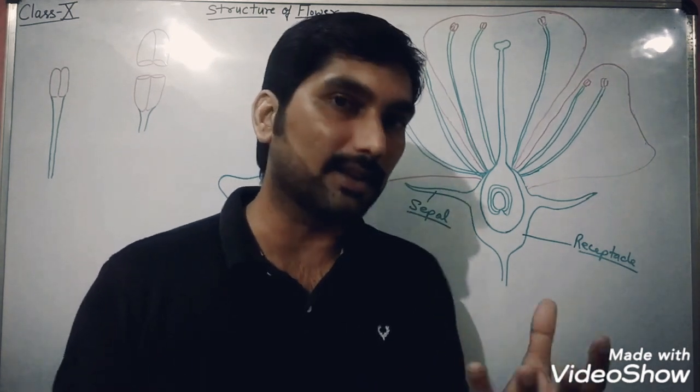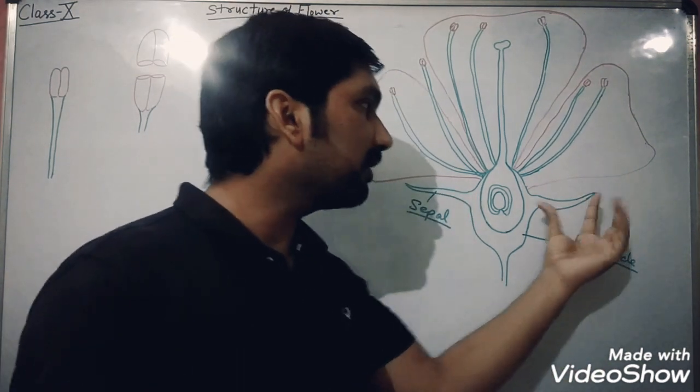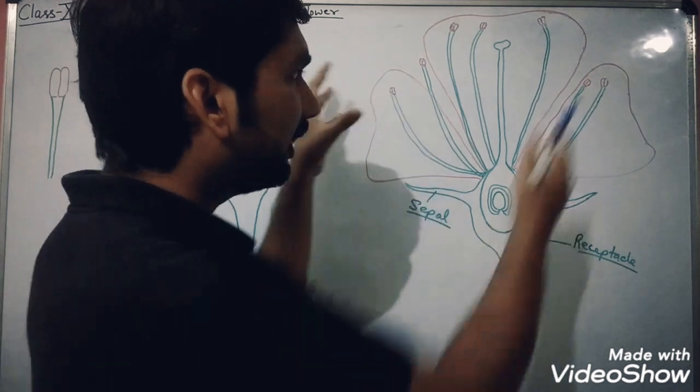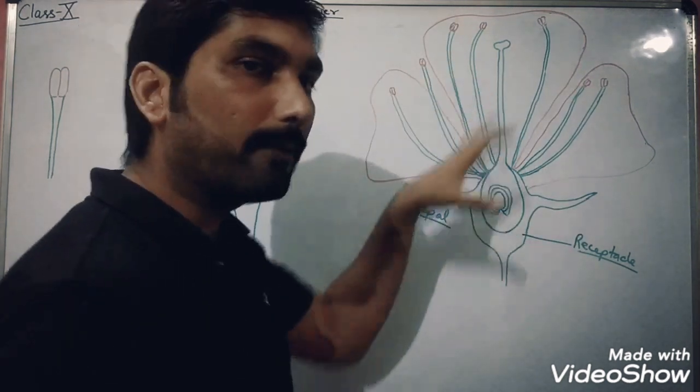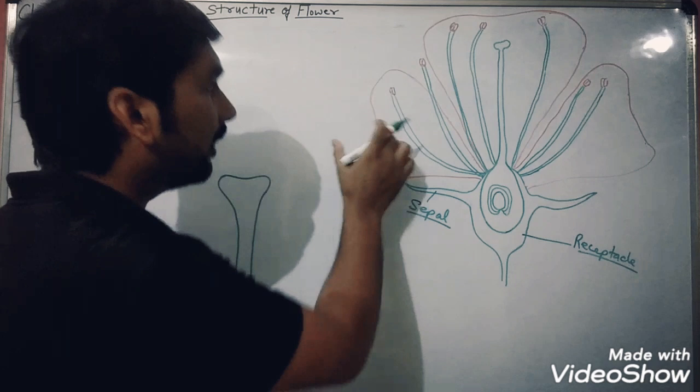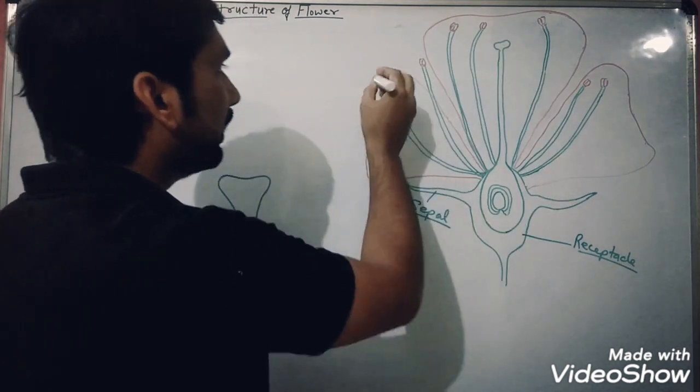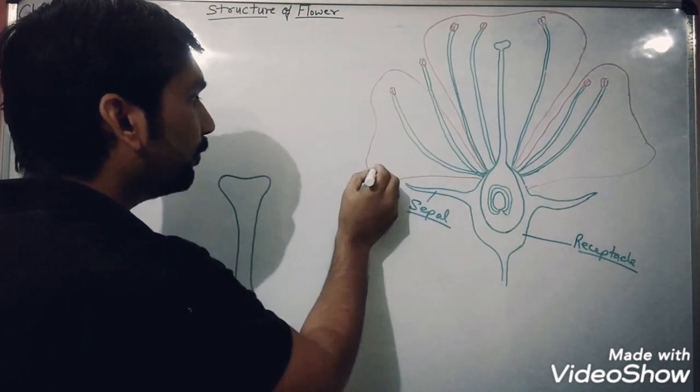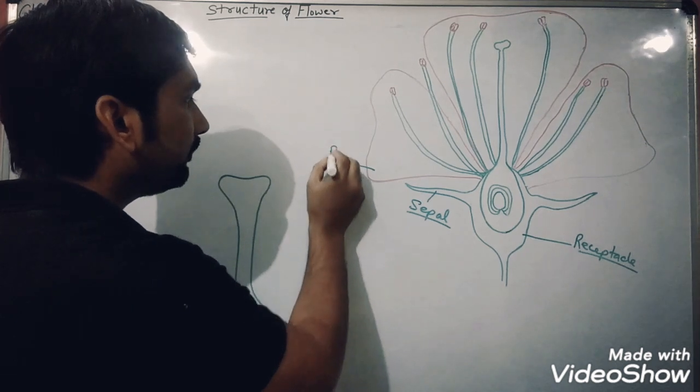So these sepals are the green structures present in the flower, and their function is to protect the flower during the bud condition, because these are hard structures, and after them the rest structures, they are very soft, and we can see the colorful part of the flower. So the colorful part of the flower is known as petal,